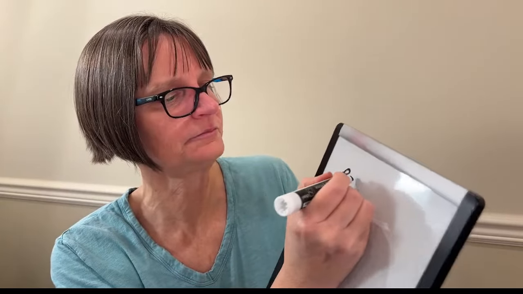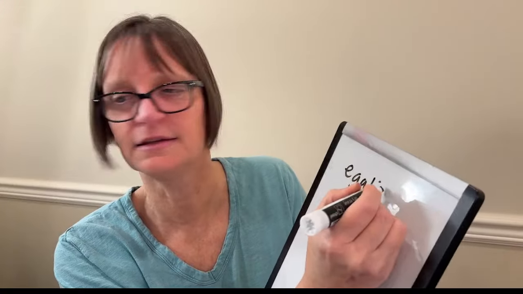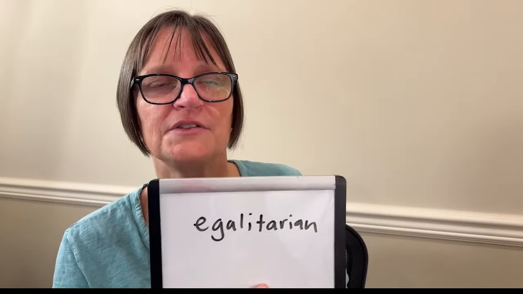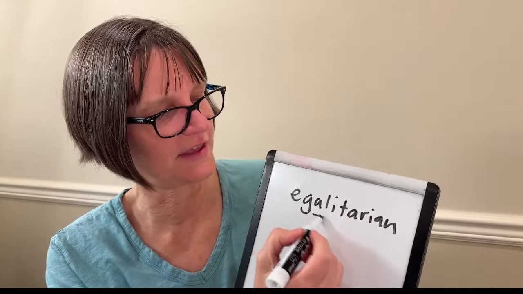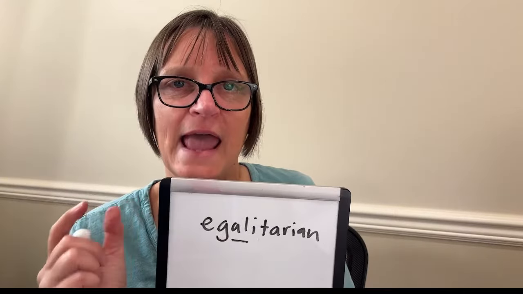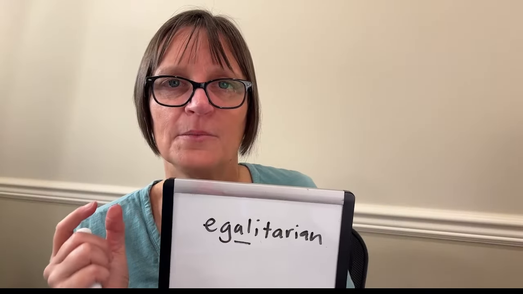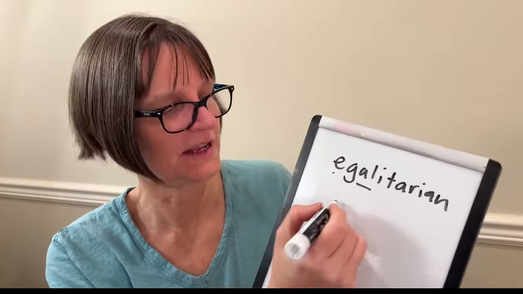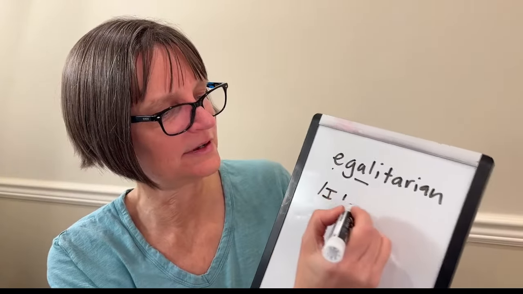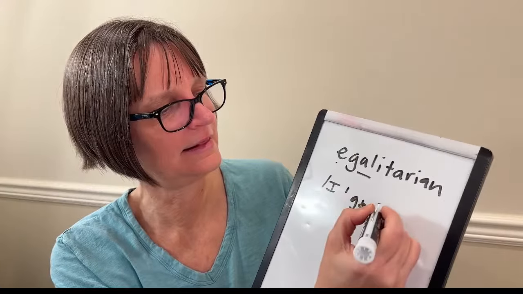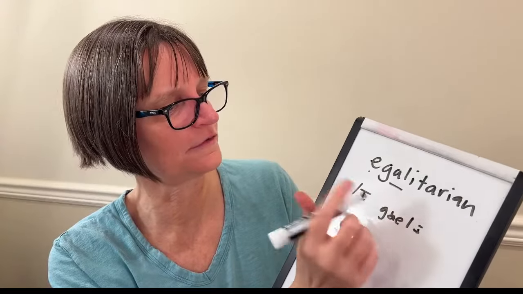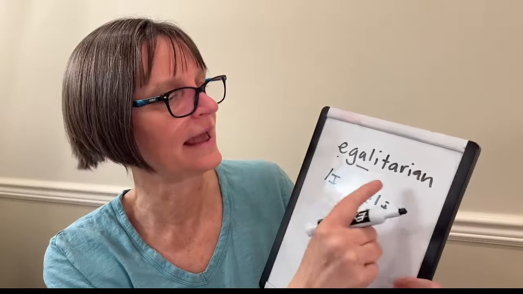So we have a question about egalitarian. Egalitarian. So how we pronounce egalitarian is we stress on the gal syllable. This has the a vowel, like in pal or pat. Egal. So no stress on the letter E means it's going to be the I sound. So secondary stress on gal, not first, not primary.